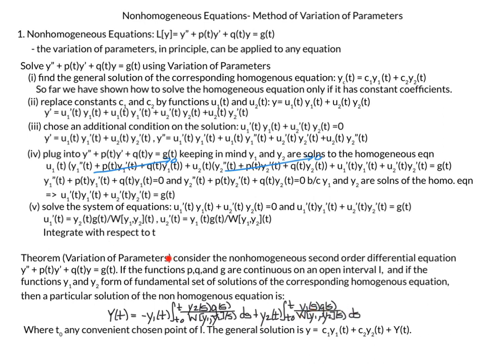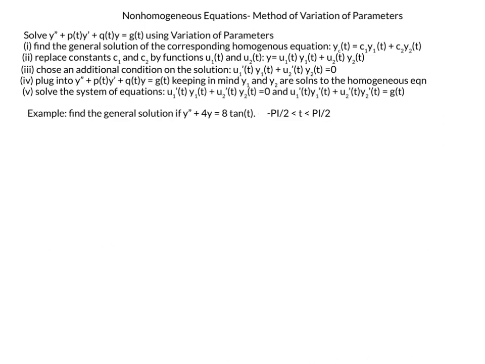With this theorem, for the method of variation of parameters, you can follow these 5 steps here to get a solution, or you can go directly to the theorem and plug into the formulas. For each of our examples, we will use both methods. I have summarized the procedure for using variation of parameters to solve the second order linear non-homogeneous differential equation,